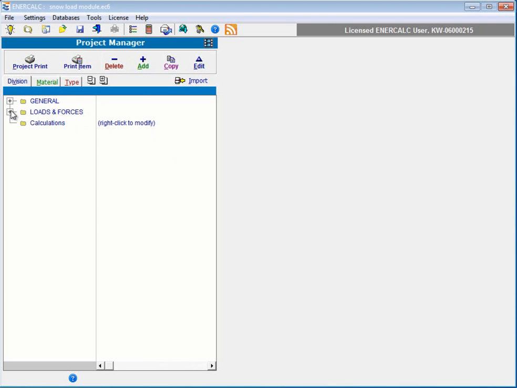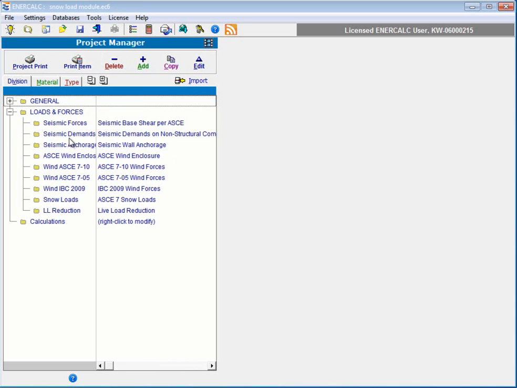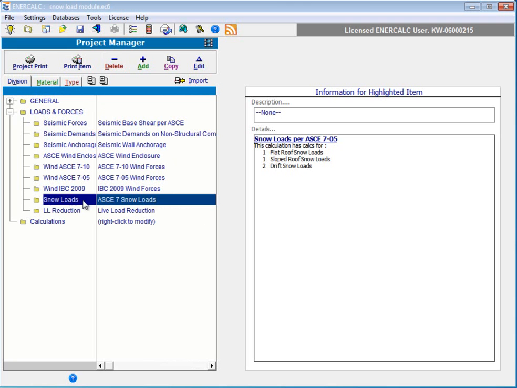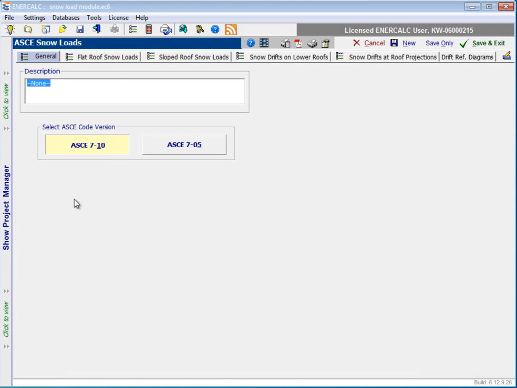going to come up to the Loads and Forces division in the Project Manager. And then I'm going to come down to the item called Snow Loads. And if I double click that, I'll open into the ASCE 7 Snow Loads module. Now at a basic level, I just want to cover the layout of the screen here to show that there